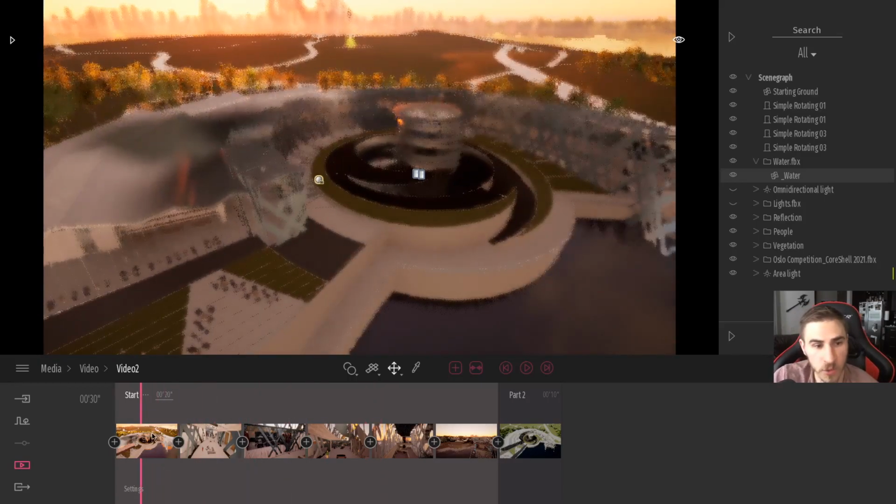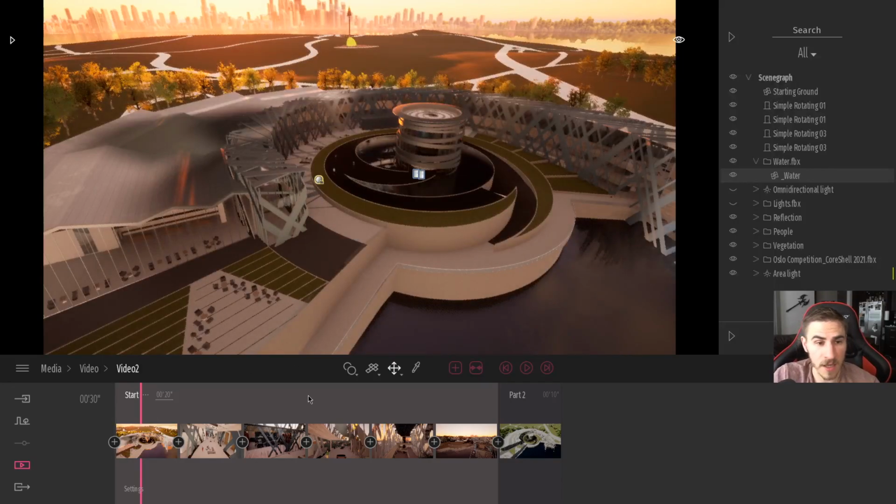Now, the reason you might want to copy and paste is if you want to slightly change things, slightly change the effects, going from one piece to another, one clip to another. And of course, it will transition. You'll see the new pieces update, the effects update, and you'll be good to go that way.